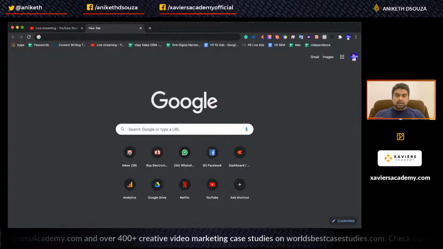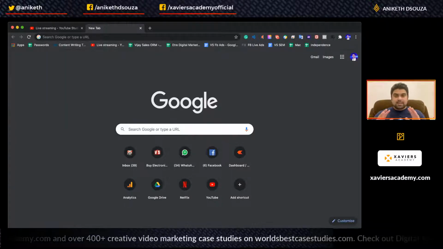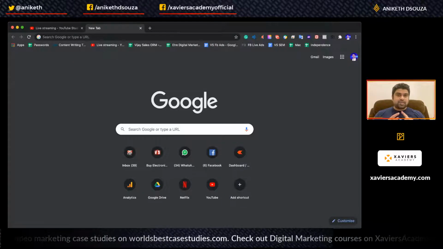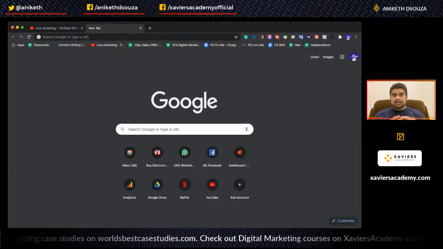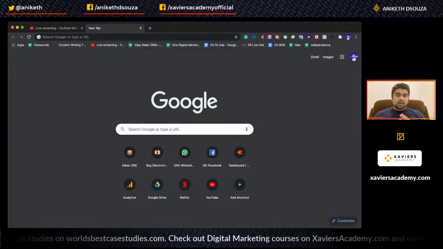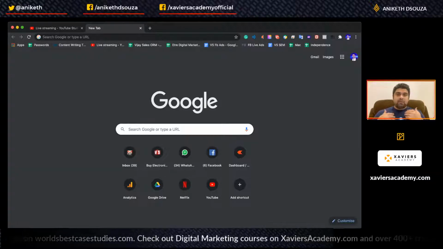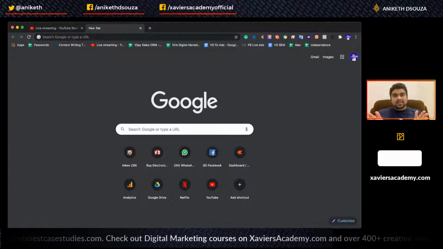So the tool that I'm going to take you through is Ubersuggest. I do not know if you've already gone through it, but I'm going to show you two things today. One is Ubersuggest. One is an interesting Chrome extension that I'll take you through. So let's get started with the SEO audit, and from there onwards, we'll move into the next step, which is about